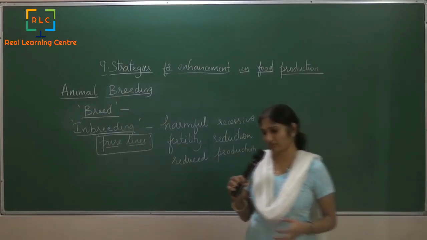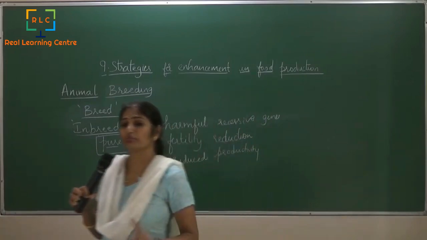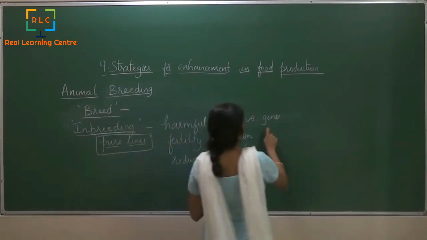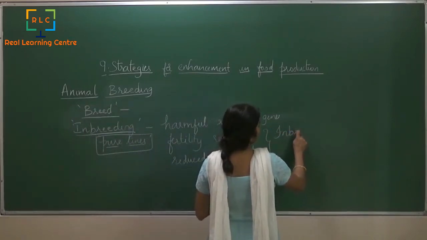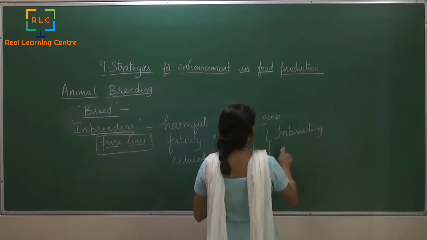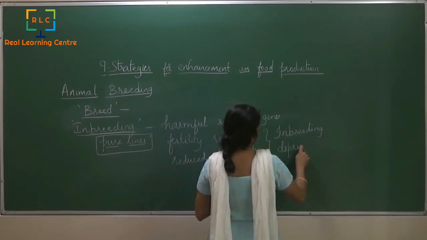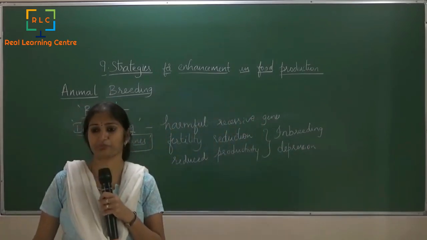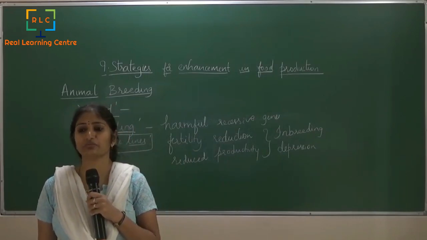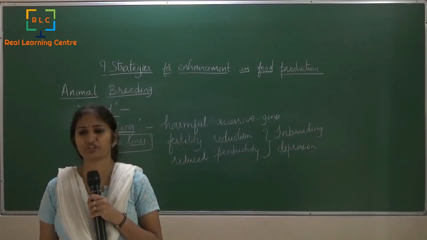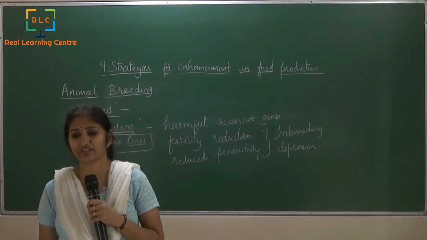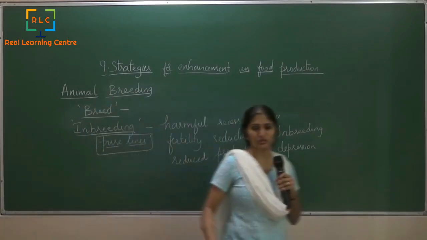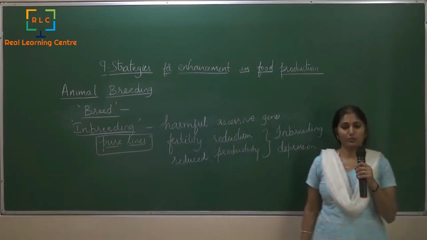Because of all this, you see that the traits might not be expressed, and this problem is what we call as inbreeding depression. Okay, it's called as inbreeding depression, and inbreeding depression is a very, very common sight in the case of plants as well as animals. And in animals, it is more pronounced in case of cattle and poultries.